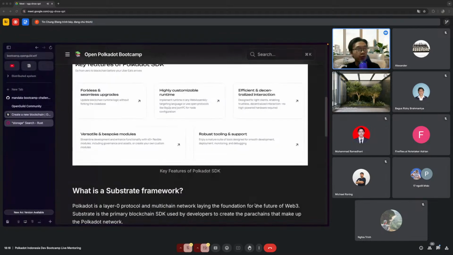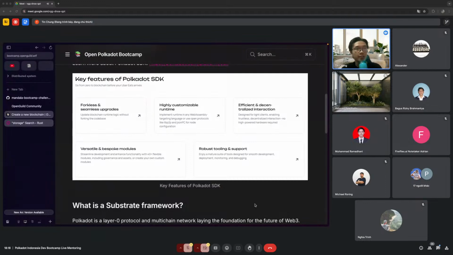And with this runtime in Polkadot SDK, you also have the ability to upgrade forklessly and seamlessly. What does that mean? Let's say I have the runtime at version 1.0. Later on, it's already in production for 2 years. I want to add a new functionality to my blockchain. And to do that, I have to do an upgrade. You cannot simply push the code to GitHub, like with a web server. But in blockchain, you have to do an upgrade that maintains all the previous state. But you can also continue the chain of blocks with the new state of the new runtime version. So Polkadot SDK allows you to do that without any fork.